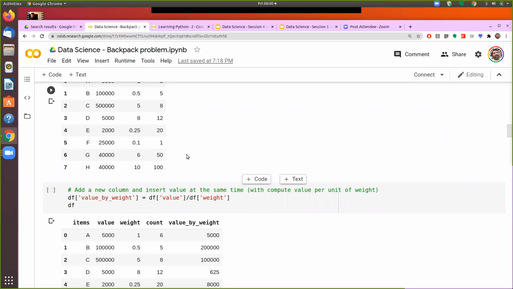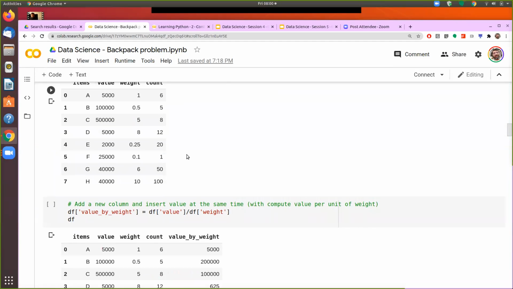Then we operate the first step in our logic, and that first step was finding the value by weight, which we do by dividing the value by the weight. So the concept that we learned here was that I can add a column to the pandas data frame and assign values to it in the same step.